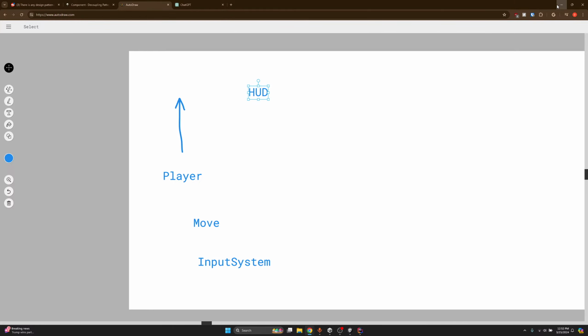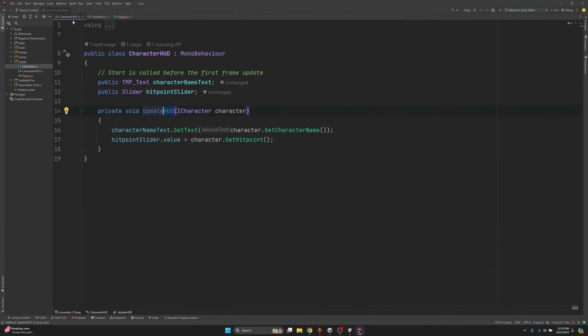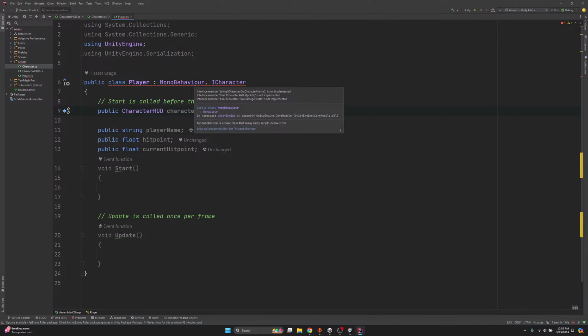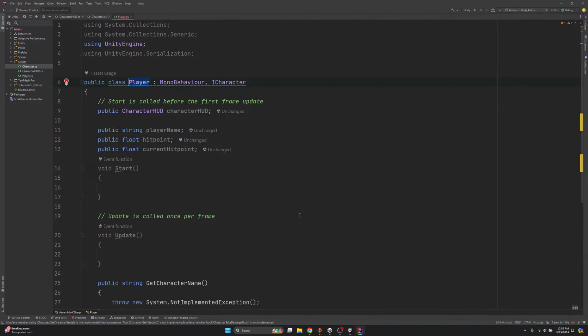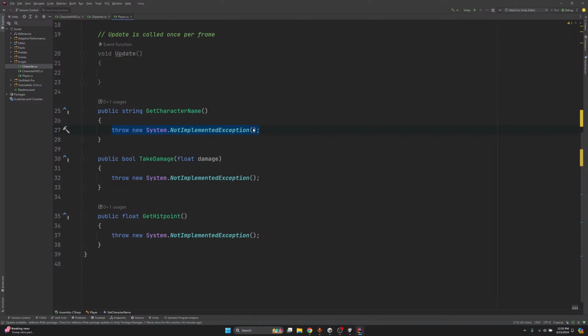I mean, for now, we'll just do this, since we don't know when we'll ever need that. So, character HUD, it'll update whenever you take damage. You call that. So let's implement everything. There's going to be a way to implement my stuff. There we go. Then we just want to return